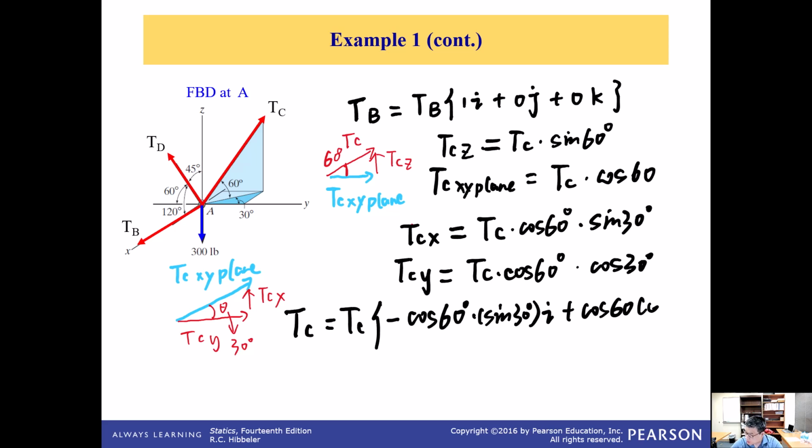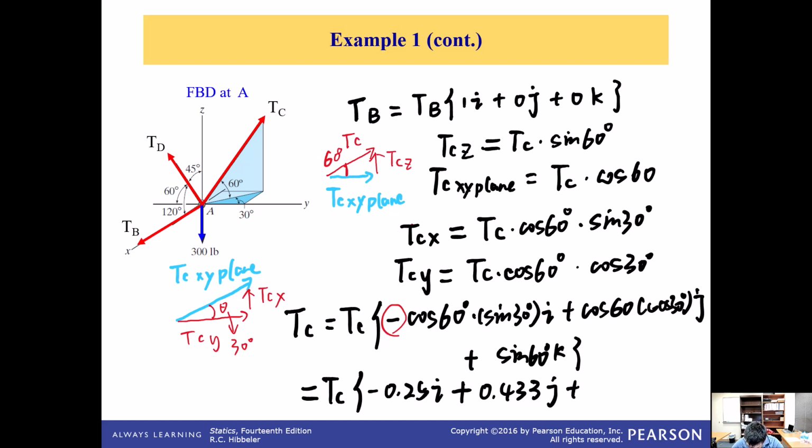And we put a negative here because the TC's direction, its resolution on the x direction, is in the negative direction of x. That's why I put a negative here. It will become